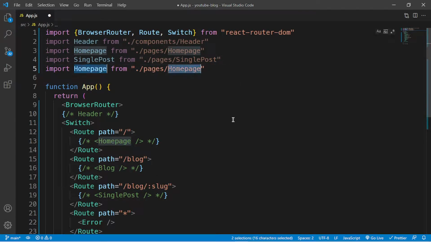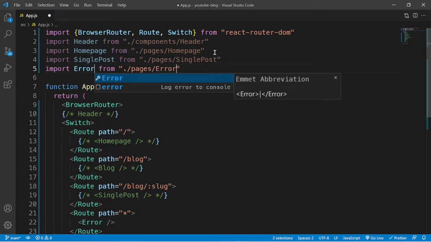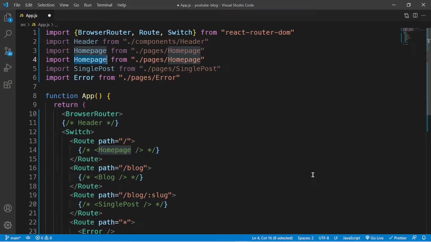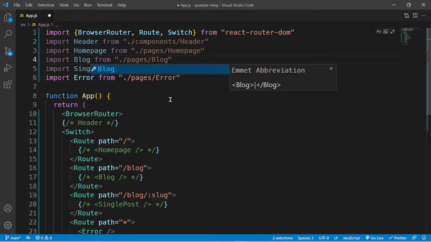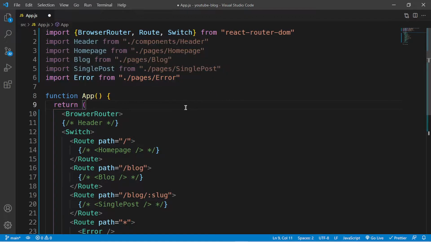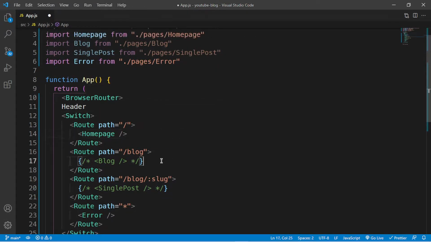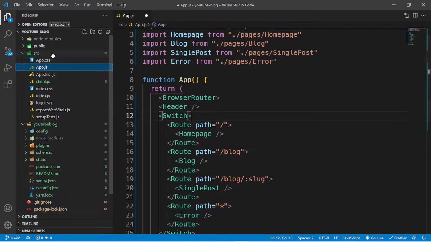And then finally this is going to be error, and I've missed one, I've missed the blog page, so blog. Okay, so let's go ahead and create all of these components. I can remove these comments and then switch this into header, like so. Now before we save this, because it's going to throw us an error, let's go ahead and create a folder